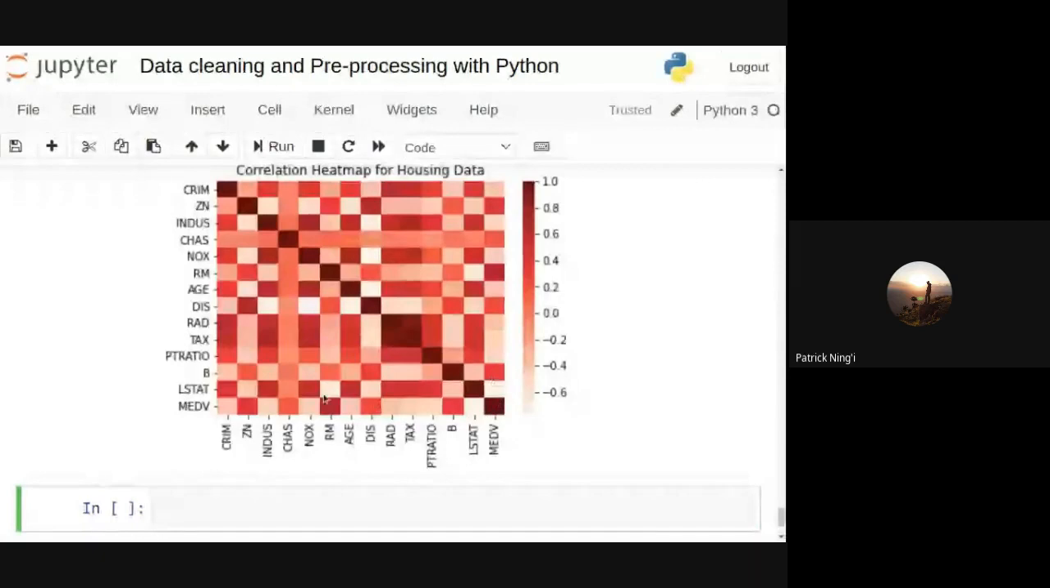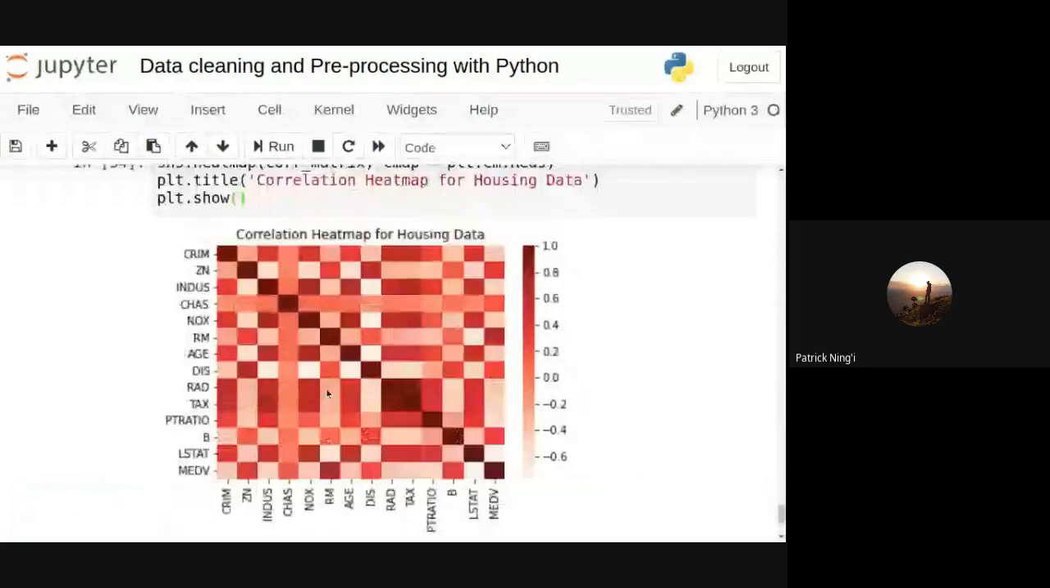Now, a few notes about correlation. When working with predictive models, you'll always want to ensure that the correlation between your independent features is as minimal as possible. Let me repeat what I've just said. When working with predictive models, you'll always want to ensure that correlation between your independent features is as minimal as possible. Like, I don't want my zone to be highly correlated to crime or any other independent variable for that